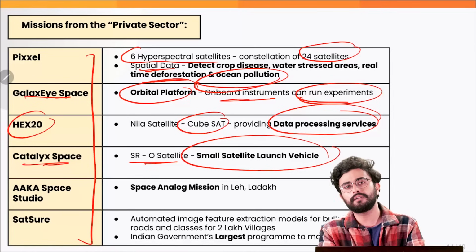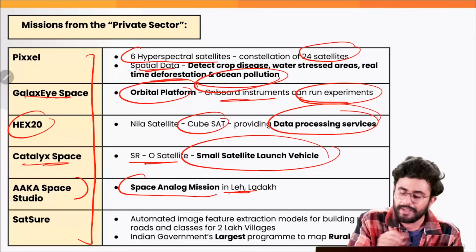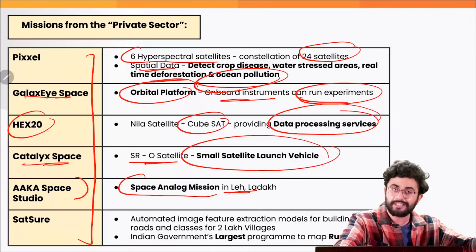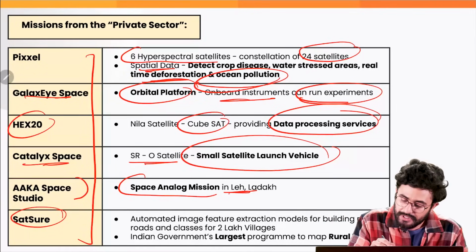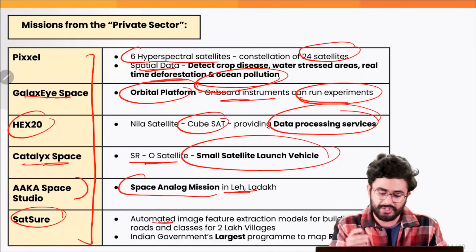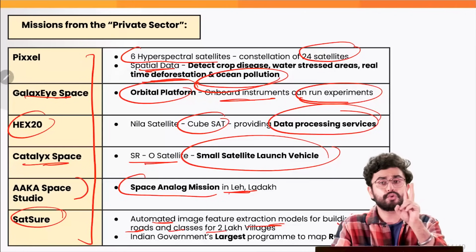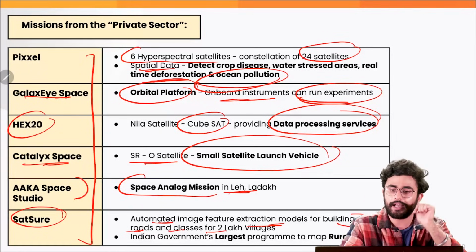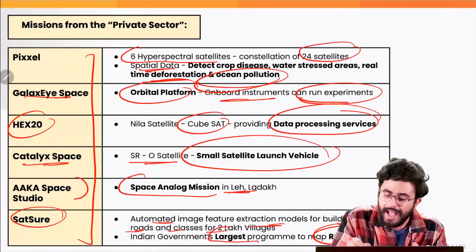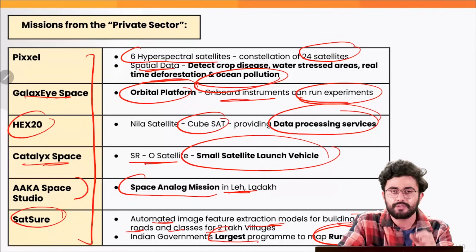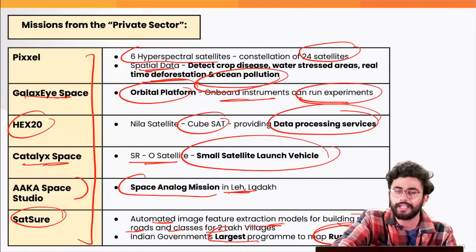small satellite launch vehicle. Then there is Aka Space Studio, which is basically creating a space analog mission currently in Leh and Ladakh, training the astronauts there in the region of isolation. Then there is SatSure, which is basically creating an auto image feature extraction model for building roofs, roads and classes for 2 lakh villages. And in today's article, it is highlighted that it is the Indian government's largest program to map the rural poverty. So just remember these important private sector space initiatives which are being undertaken, and we move